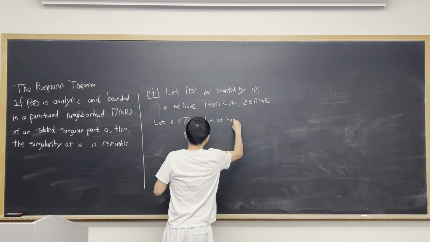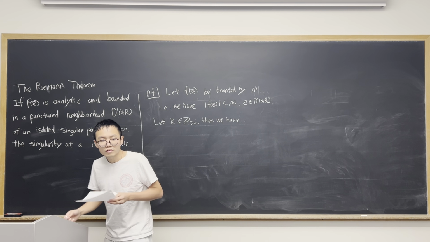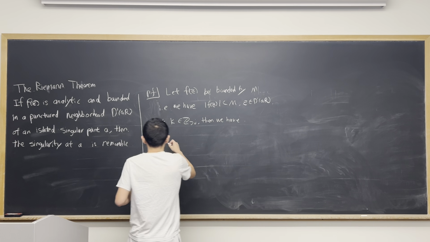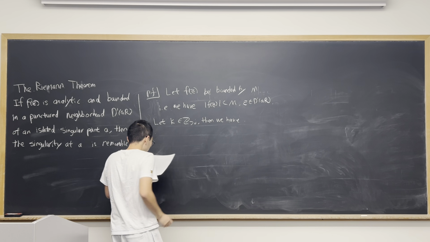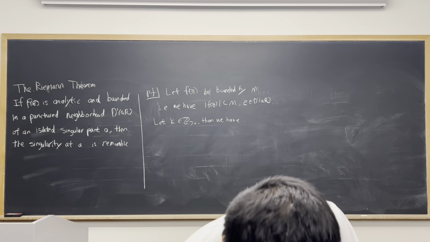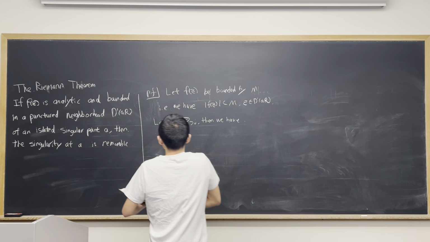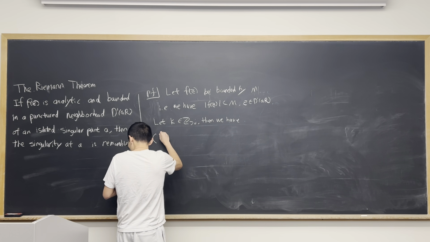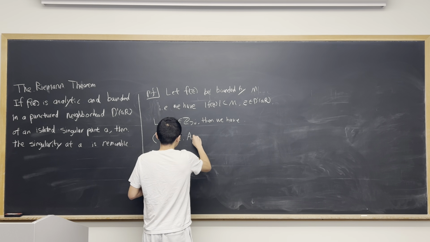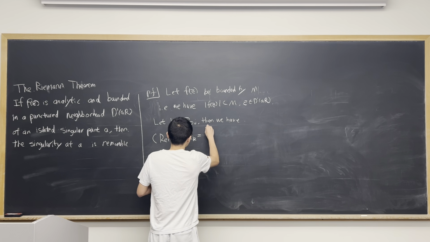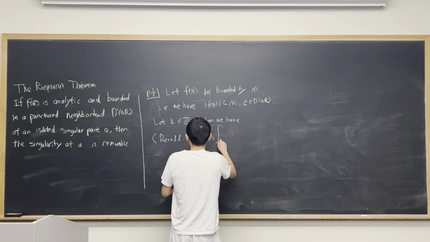So let's recall the formula for the Laurent expansion, where a_k is equal to 1 over 2 pi i line integral over